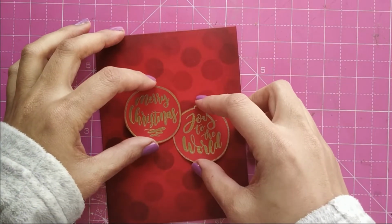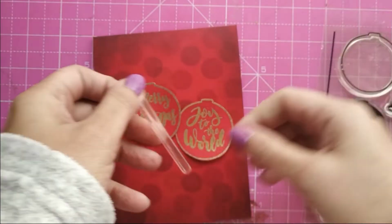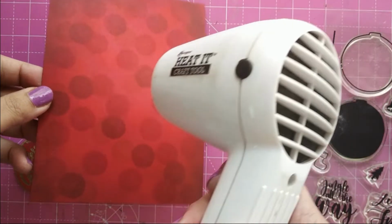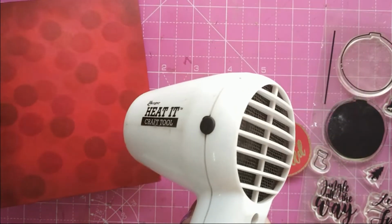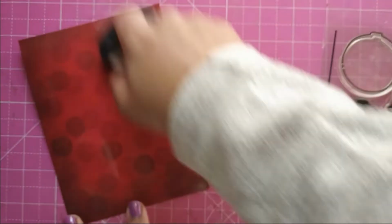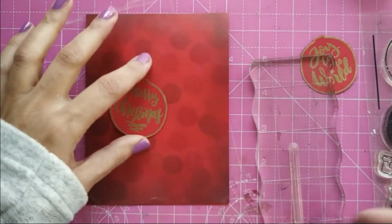Now that the panel and the ornaments are ready, it is time to assemble the card. But before I do anything else, I will just dry the panel off so that if any of the inks are still wet, they'll dry off. Then I use my powder tool before I heat emboss the string. The string is part of the stamp set,